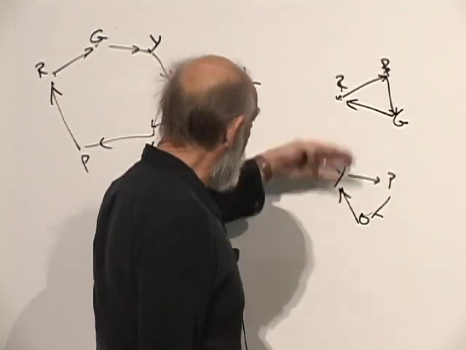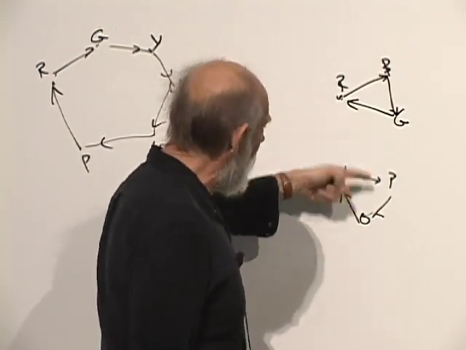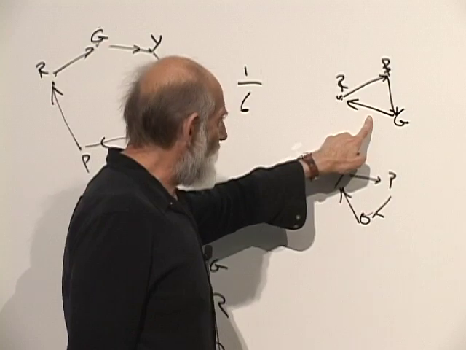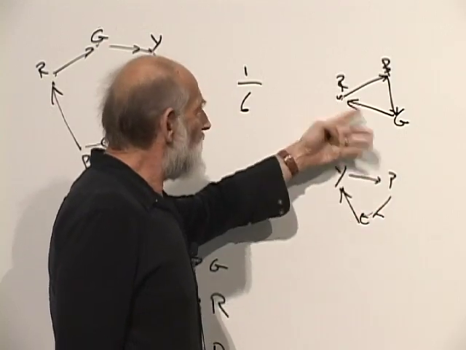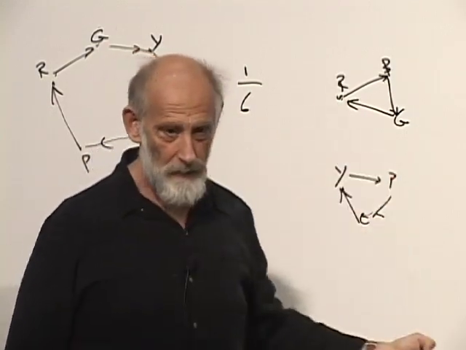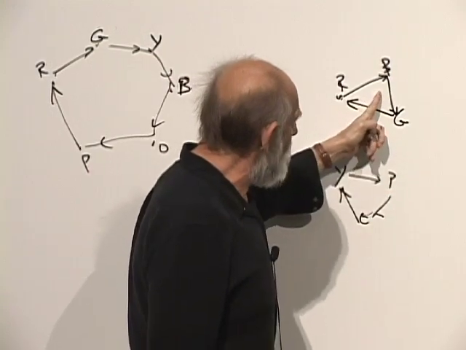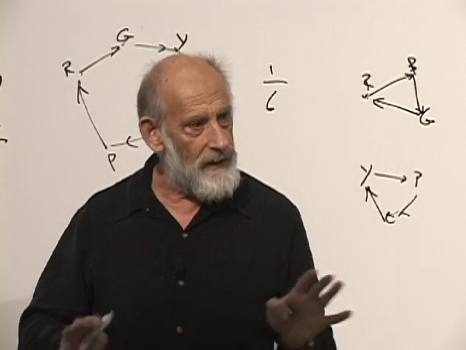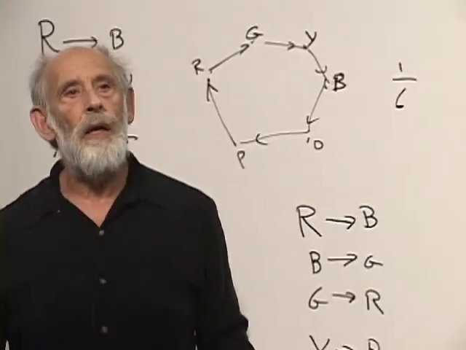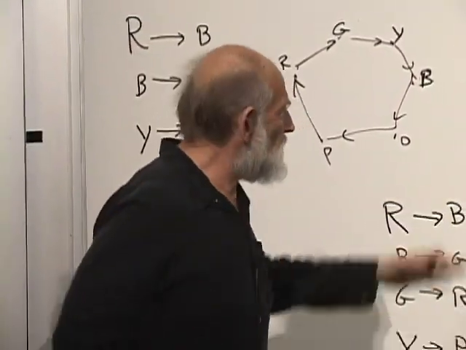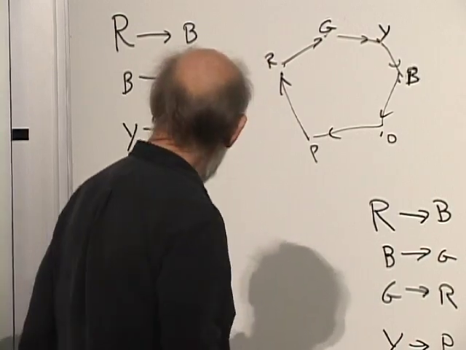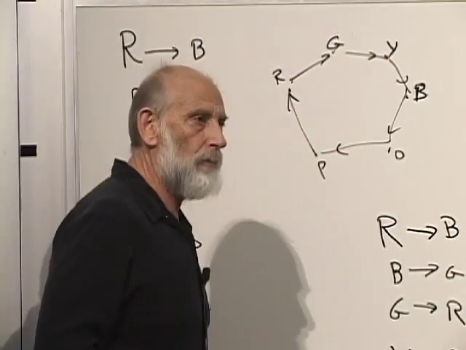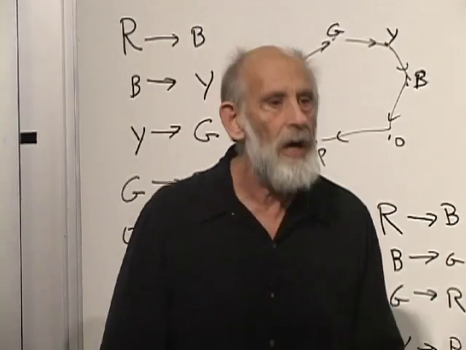I'll leave it to you to calculate, if it was a half, probability of a half for this and a half for that, then you would reduce yourself back to 1/6. But if it was probability 1/3 to be on this cycle and 2/3 to be on that cycle, then it would be more complicated. I'm not going to work it out right now. Okay, so this is a counterexample to the statement that there's equal a priori probabilities for all configurations.